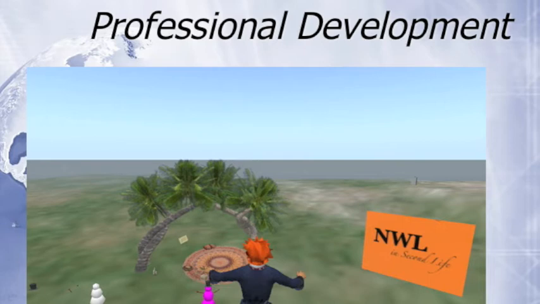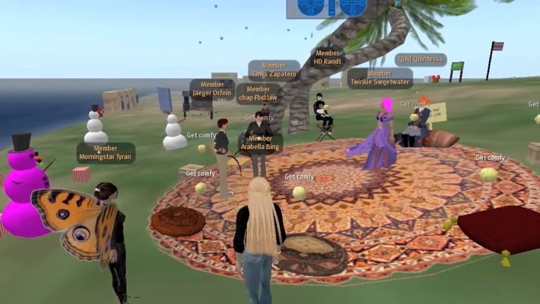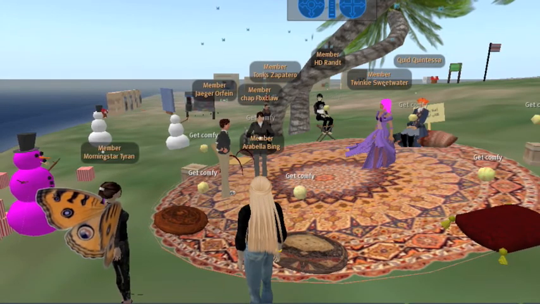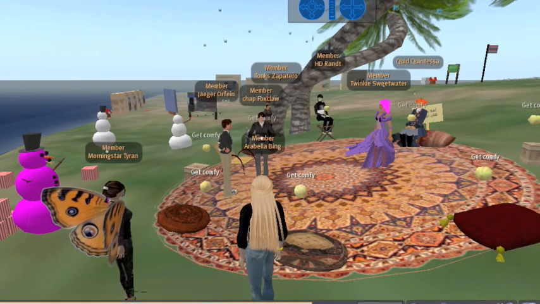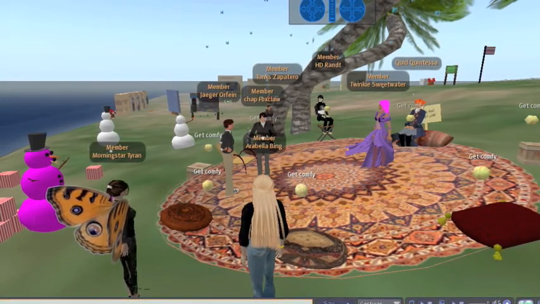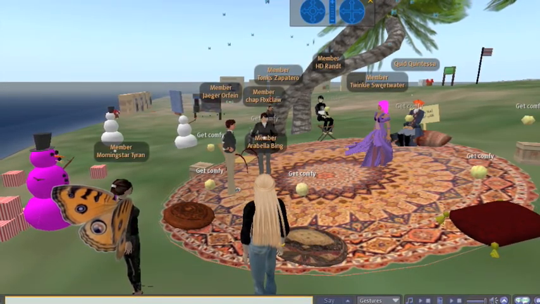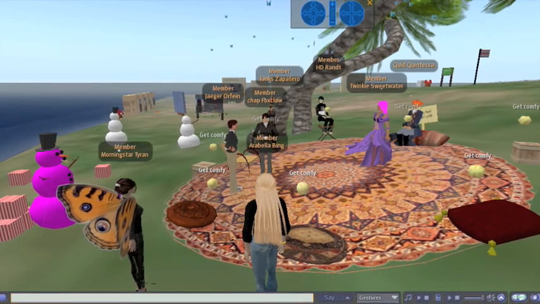Here's a development collaboration. This one actually happened yesterday between our Northwestern Lehigh and Second Life group and the Second Life team from Southern Lehigh School District. It was a great opportunity for professionals to gather and share their experiences in using Second Life. Southern Lehigh purchased an island last year, and in this meeting we discussed the possibility of Northwestern acquiring some land on Southern Lehigh's Spartan Island and some of the student collaborations that could result from it.